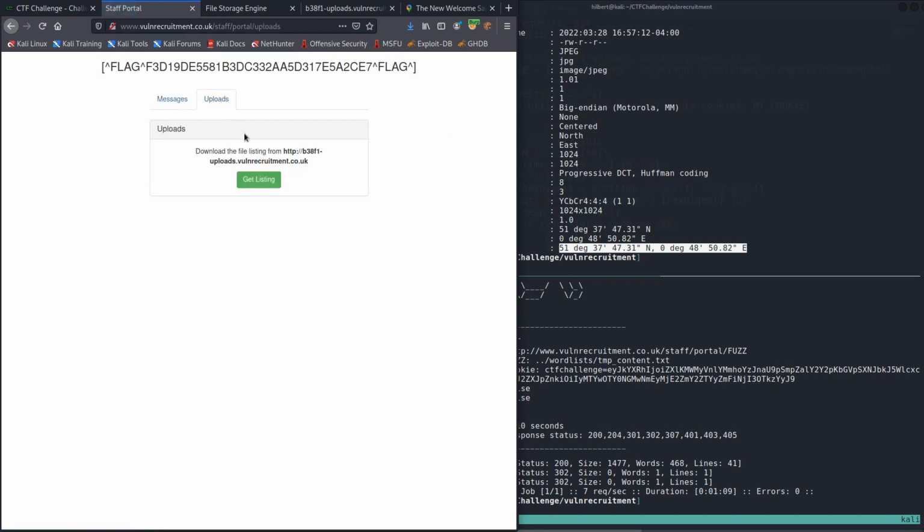So what it looks like is Amelia. Remember, you had to be an admin to see this. It looks like Amelia is an admin. Download file listing from. So we get this. Let's see what it does. So it looks like it's giving the listing of all the files that are on that server. Let's look at that request in